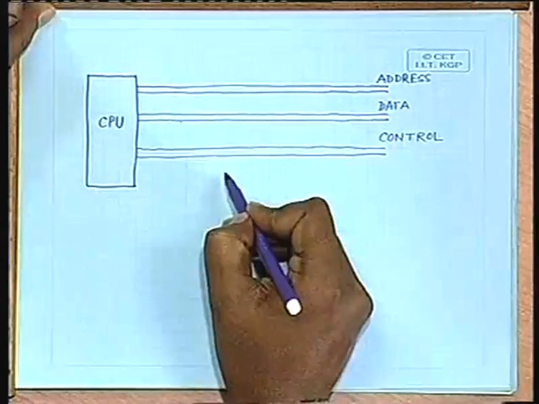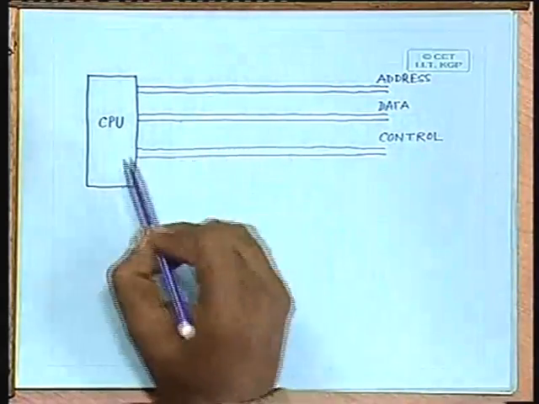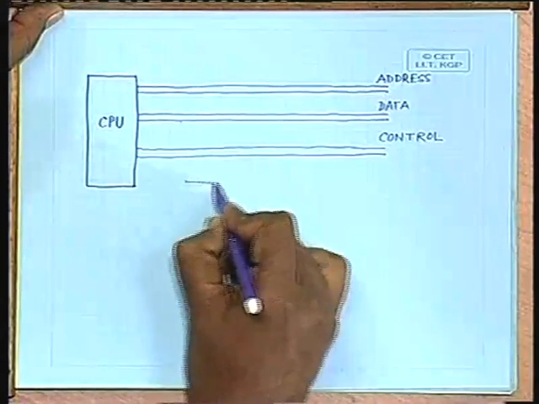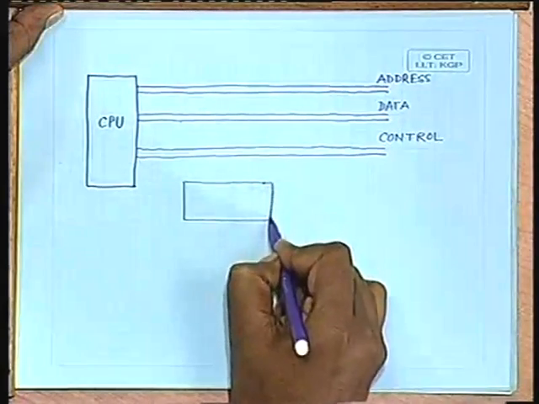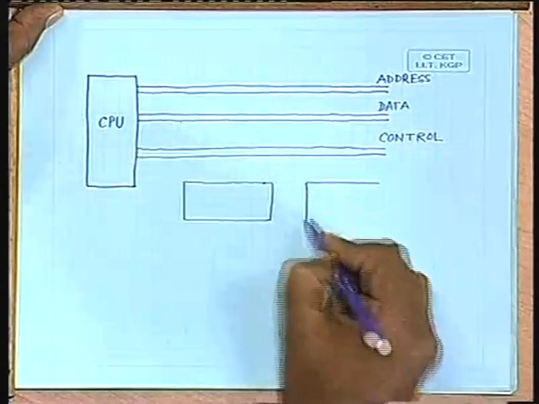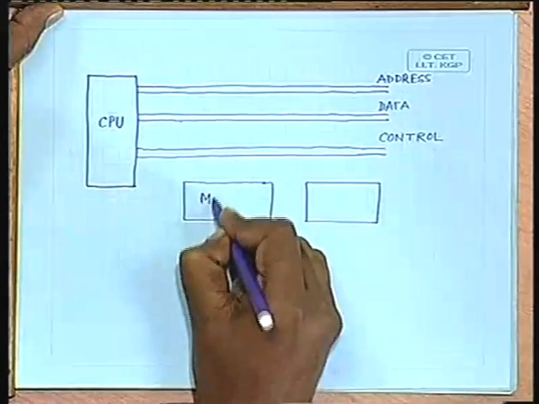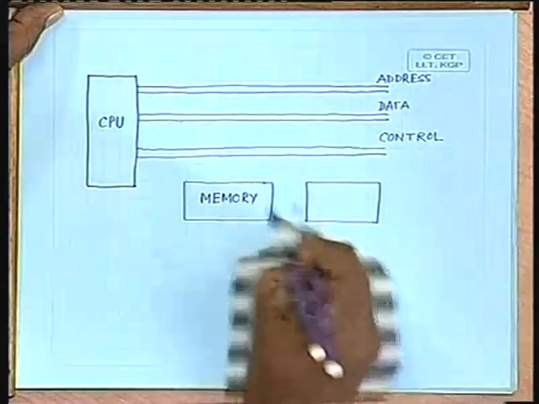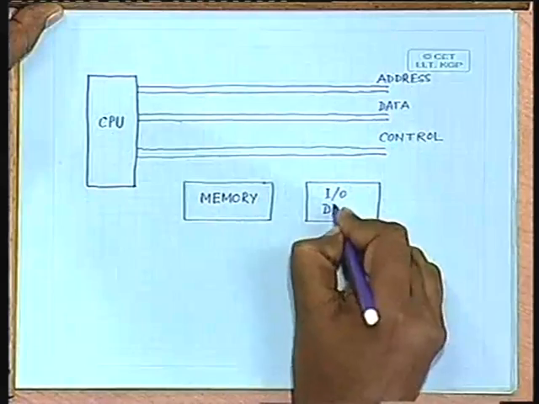So, these are the lines which are available for interfacing this CPU with external memory and also to interface the CPU with input output devices. So, we can put a memory block, we can also put a block for input output devices. So, we have this block of memory, we have a block corresponding to the input output device,